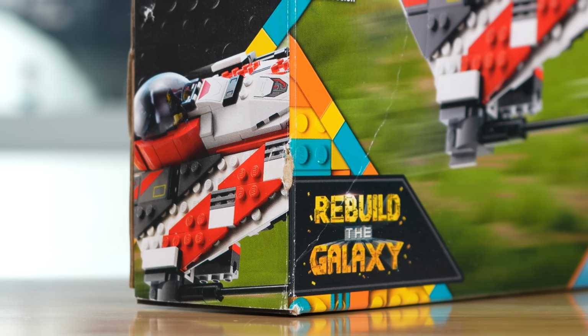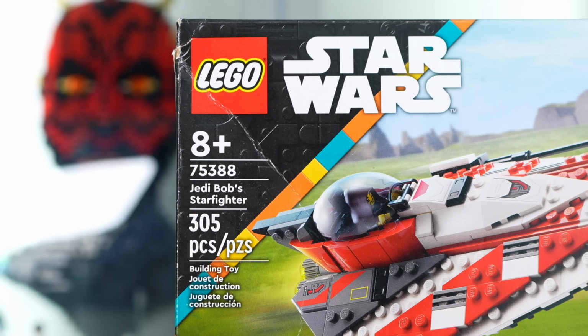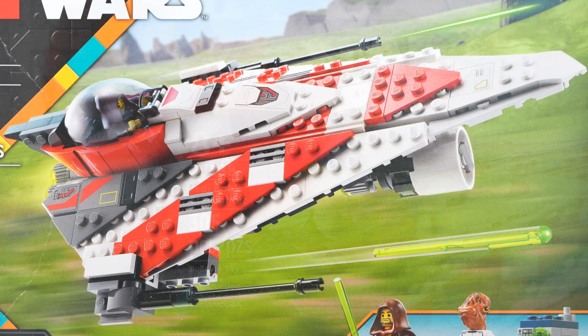Now, this set is actually based on the LEGO Star Wars short called Rebuild the Galaxy for Disney Plus, and it does have the accompanying box art. I'm not a huge fan of the multicolor bricks and tiles on the side. I think it just makes it look a little bit messy, but the actual art on the set does look very cool, as it has Jedi Bob's Starfighter zooming through what looks like a grass field with some rocks in